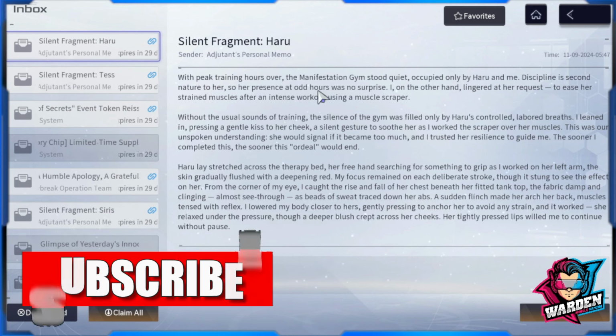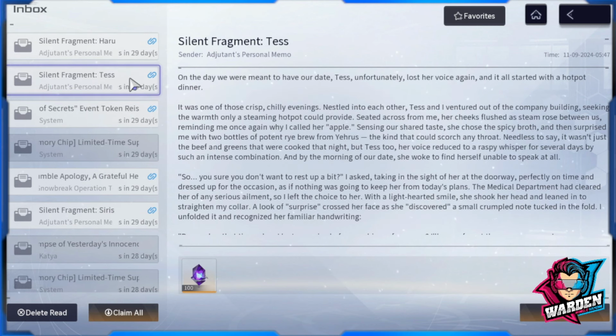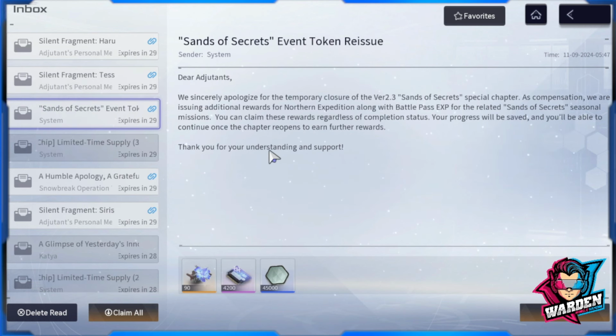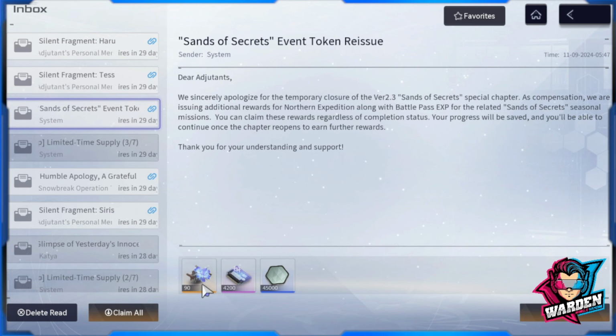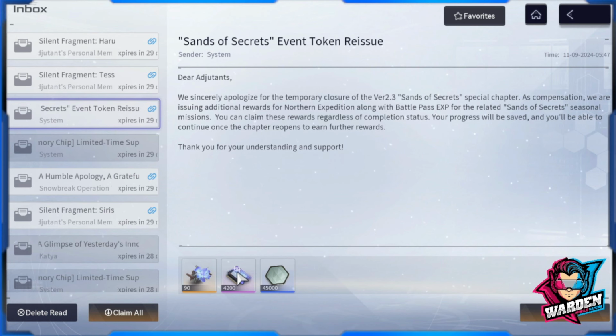So we do have, I'm not sure if this is part of the compensation, but this came along, I think. So we have 100 digicash, we have another 100, so that's 200. This one is Sands of Token reissue, so these are nice as well. So you could progress through your battle pass whether you're free or you paid for it, and 45,000